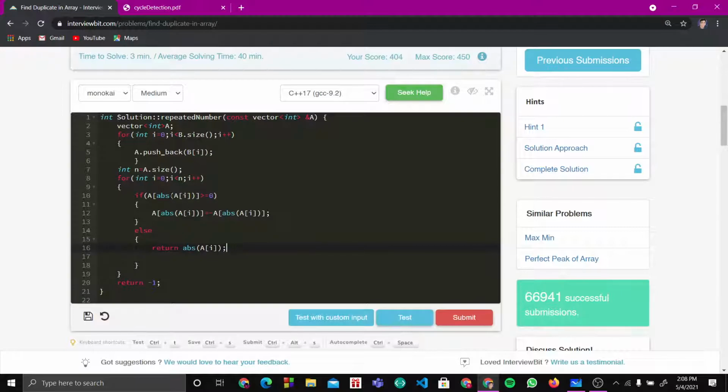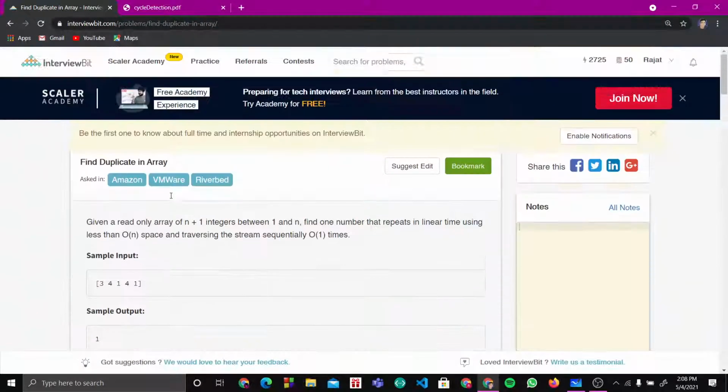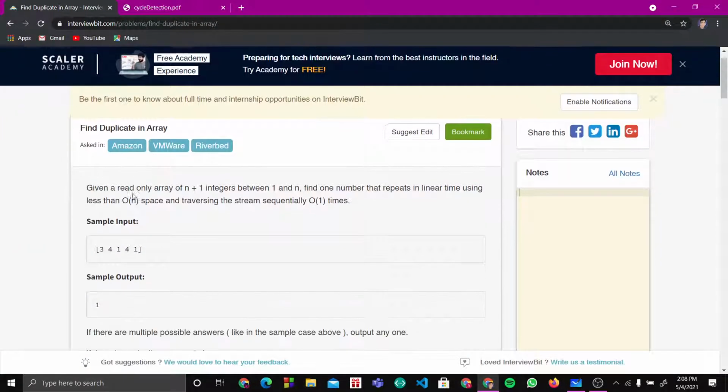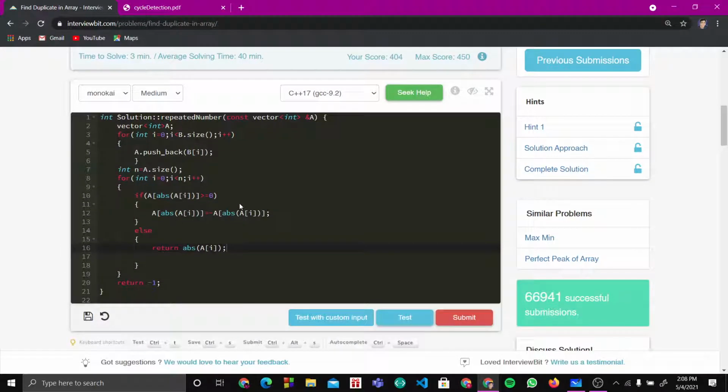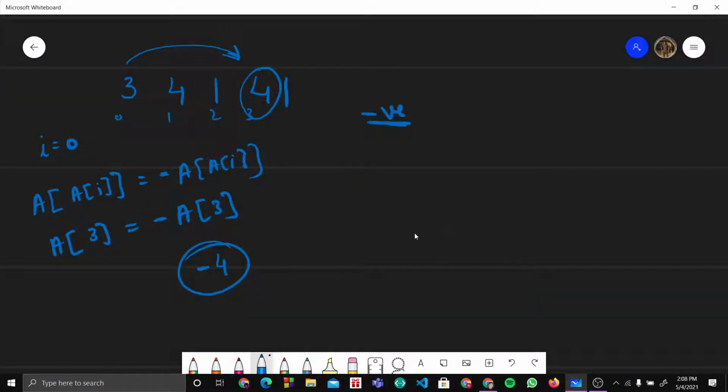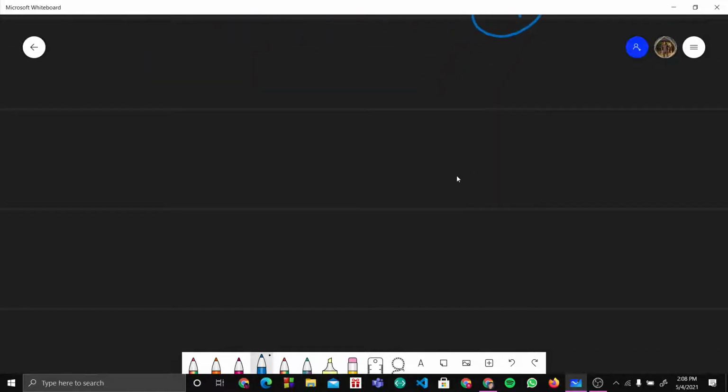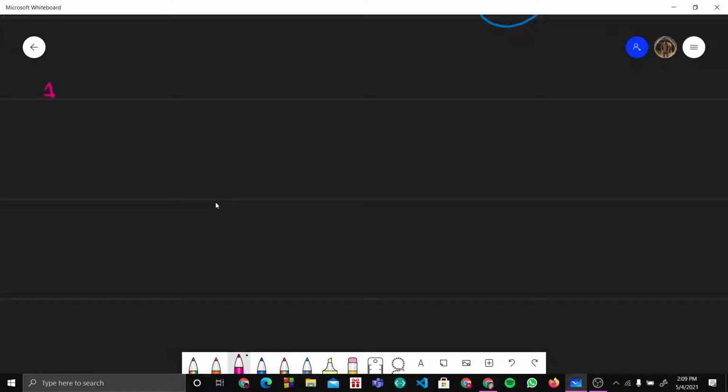I guess maybe what they were asking was to find the number that is not repeated, and that is the reason why they have given this constraint. So suppose I want to find a number that is not repeated, and the constraint is that any one number is repeated twice.